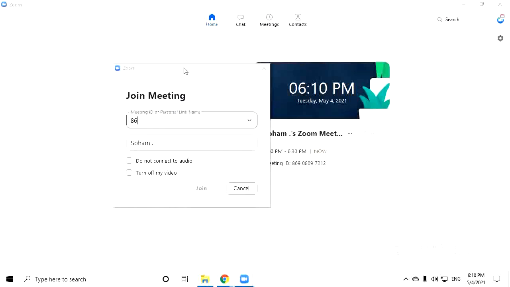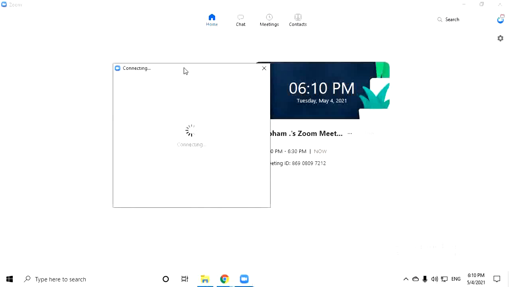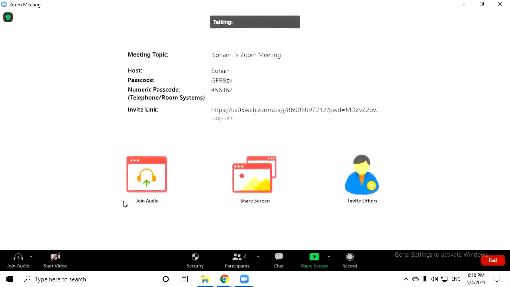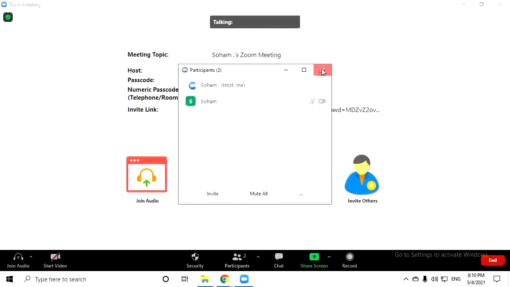So let us enter a meeting ID. Now since I had created the meeting with this device, Zoom didn't ask me for a password. It straight away let me in the meeting.